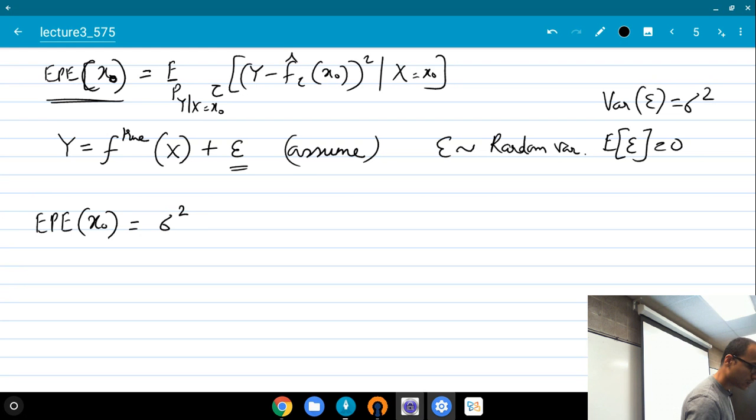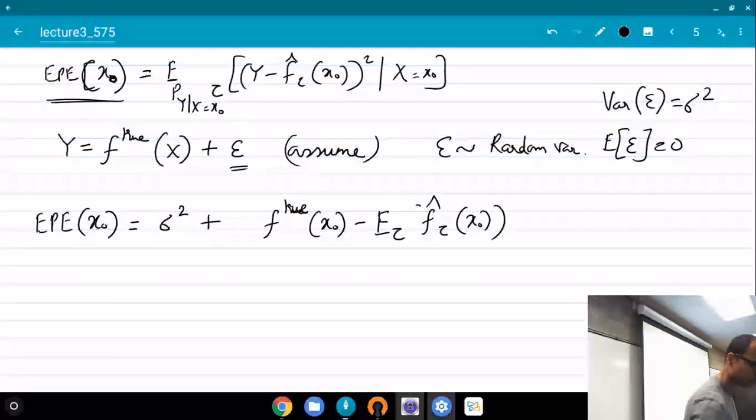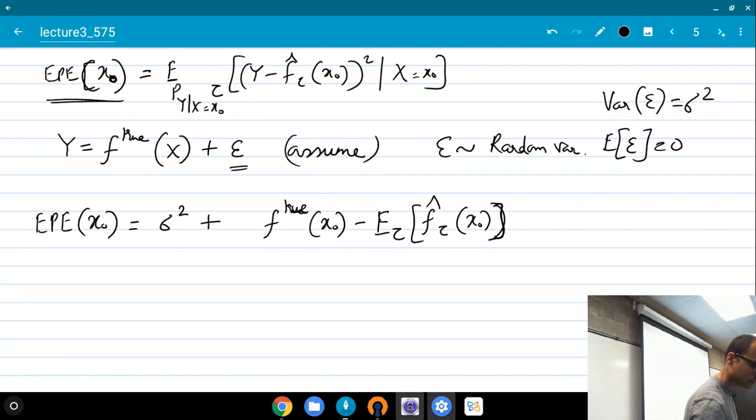It's going to be equal to sigma square plus f true of x naught minus expectation over tau of f hat of tau of x naught, squared. I'll just write it out and then explain what each term means. Plus, this is the third term below, expectation